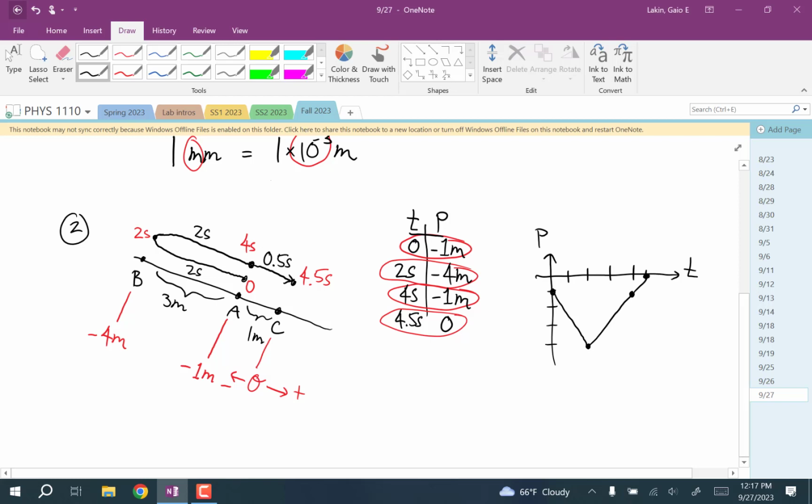In reality, this is how I've always done graphs like this, and that's fine for this kind of question. But in reality, it's actually impossible for an object to change its velocity instantly. Okay? There's no way it can do that. Which means that it can't,